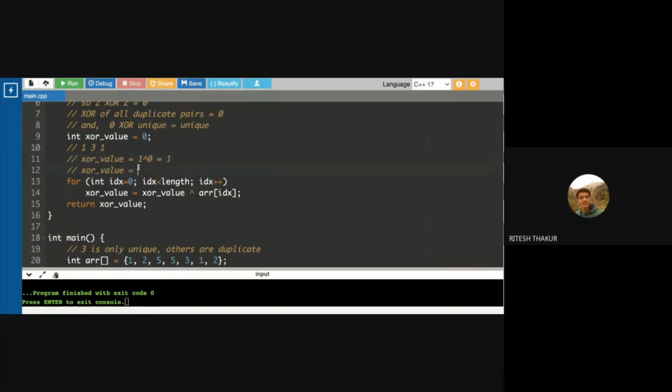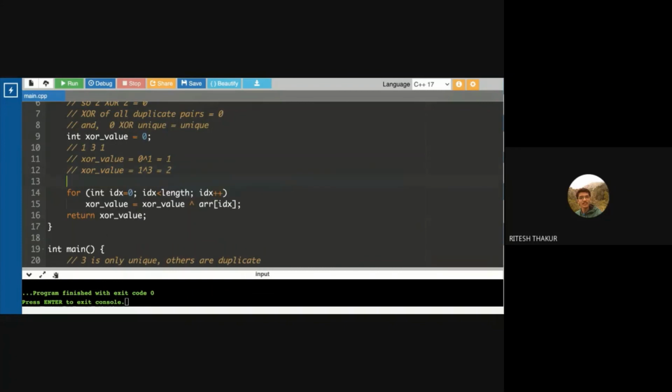Then we would have 1 XORed with 3, and if I want to do 1 XOR 3, so it's like 0 0 1, that will give me 2. And then if I want to do it the third time, then it will be 2 XOR 1, because the third element in the array is 1, and when I do that, the answer would be 3.